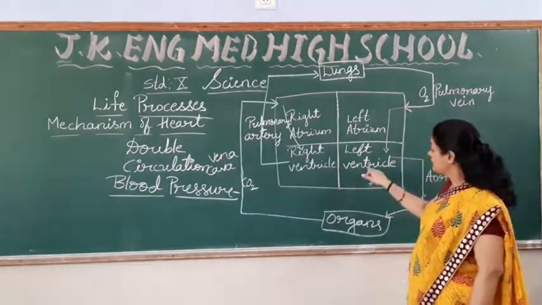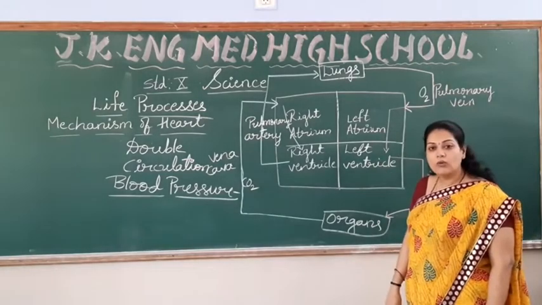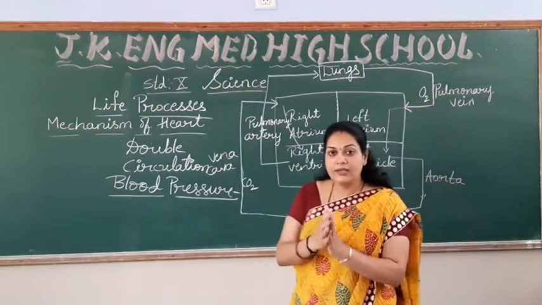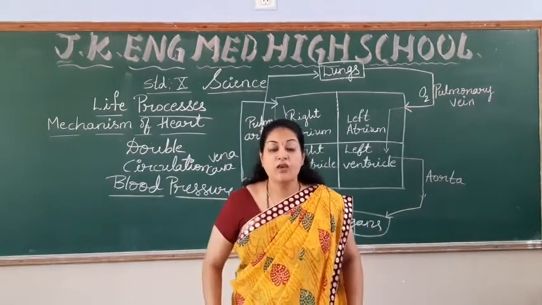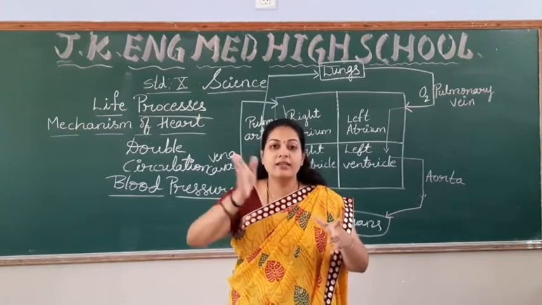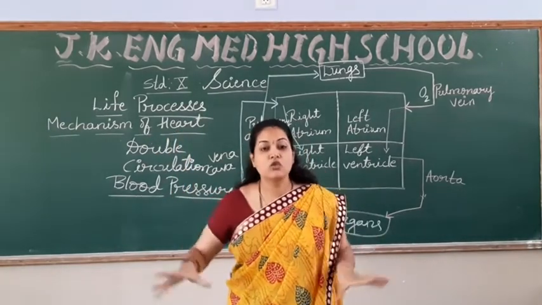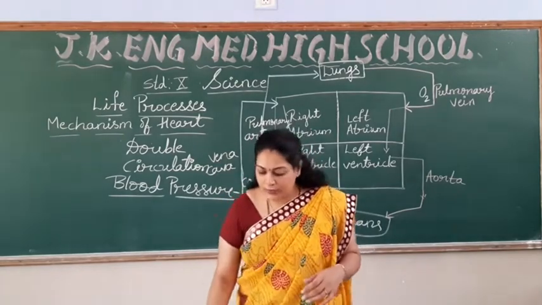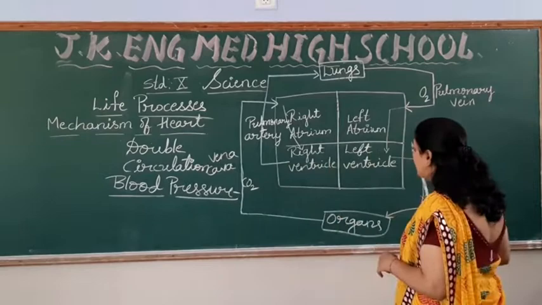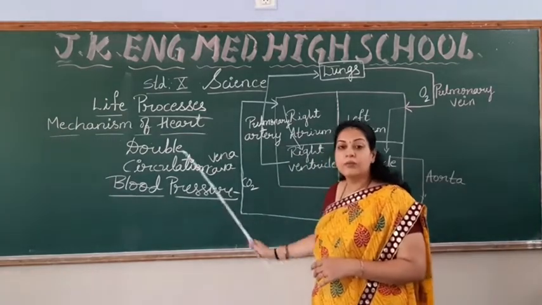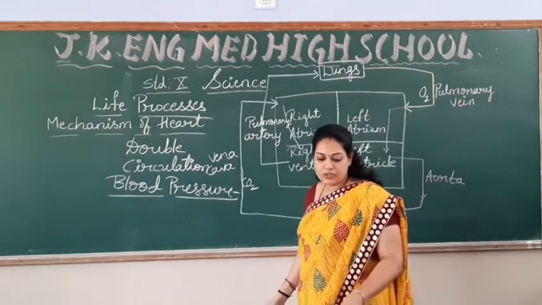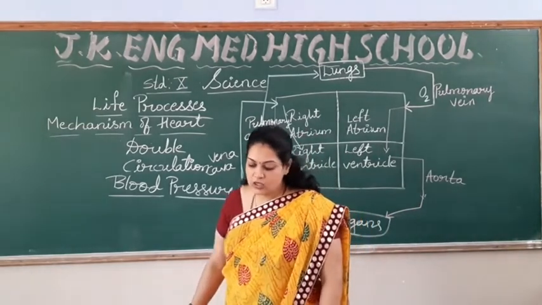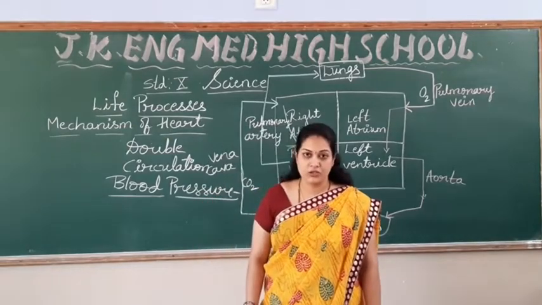Now the blood has to enter into the aorta. So what happens? There is a contraction of the left ventricle so that with the pressure, the blood enters into the aorta and then passes to all parts of the body. With the pressure it enters, so a pressure is created on the wall of the heart, and that is called blood pressure. Right? The pressure which is created on the wall of the heart muscles is called blood pressure.